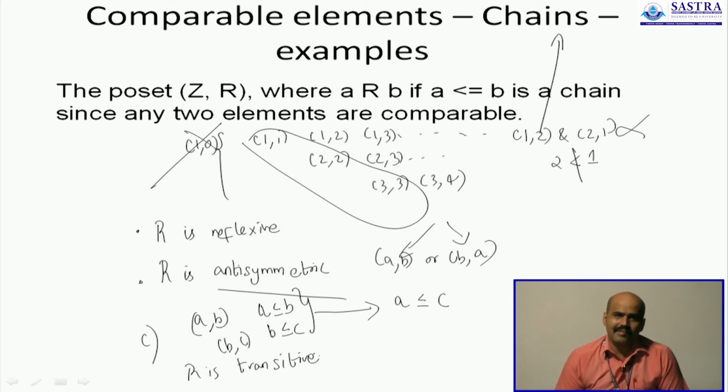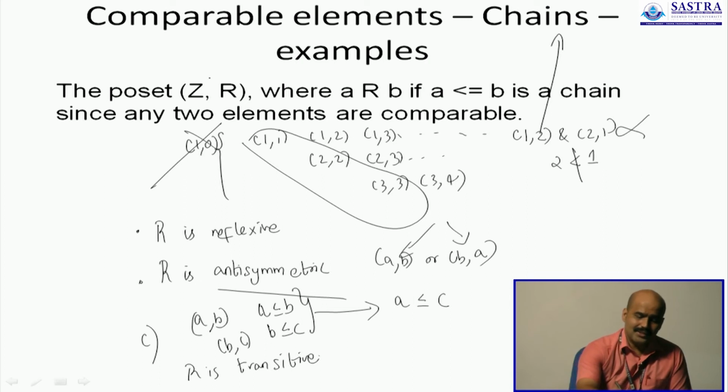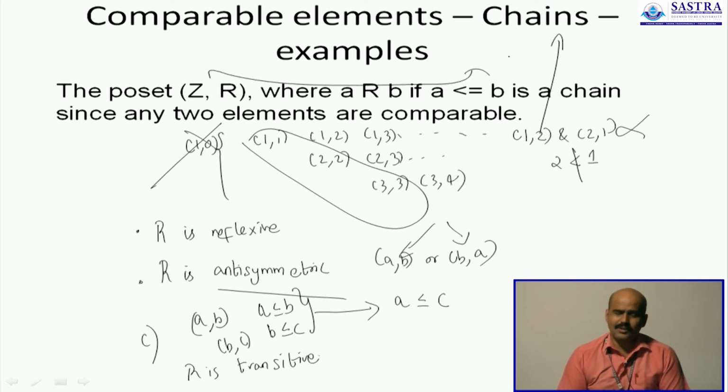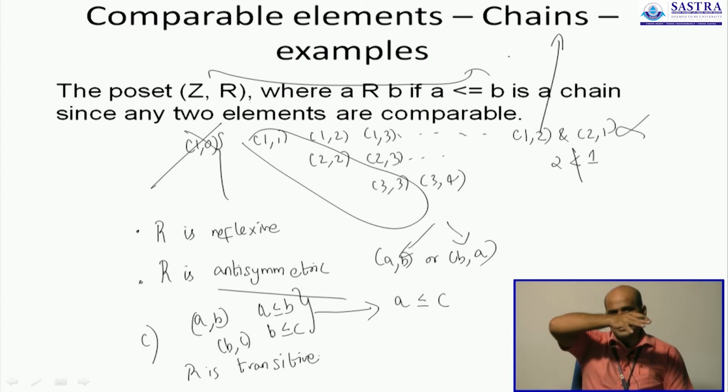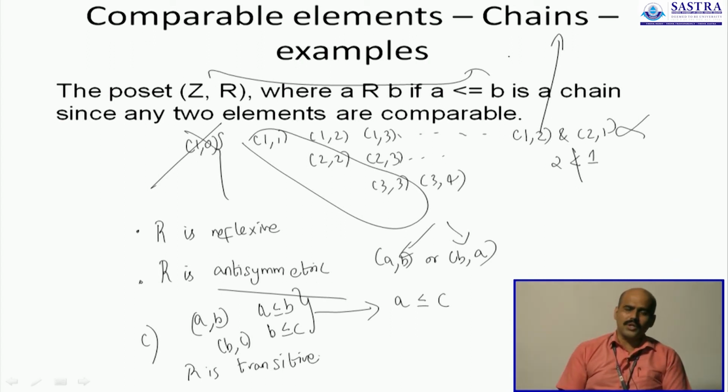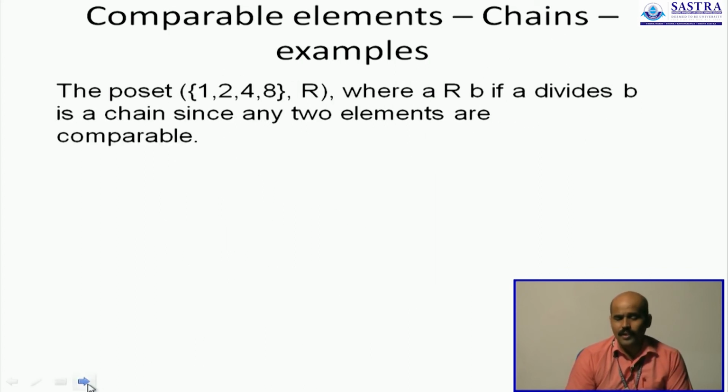And since we have a relation that ticks off all these boxes, you will see that this is actually a poset. This is a poset in which any pair of elements is always comparable. You take any two elements, you will always see that they are comparable, because one element is always going to be less than the other element or equal to the other element. So you will always see that this is a poset where any two elements are comparable. You can even call it a totally ordered set.